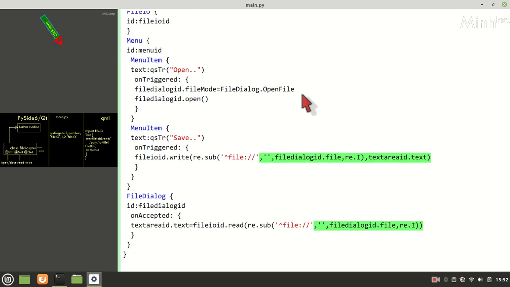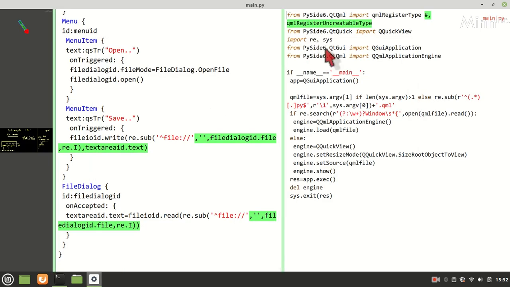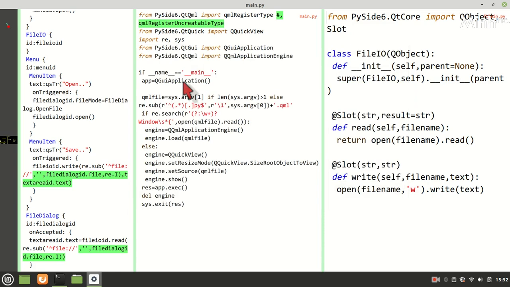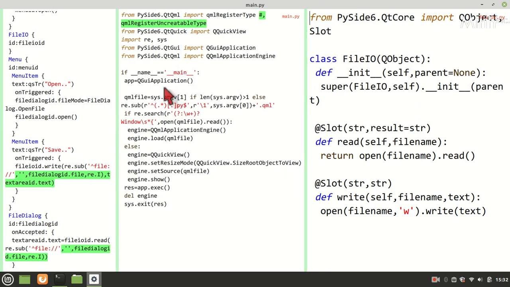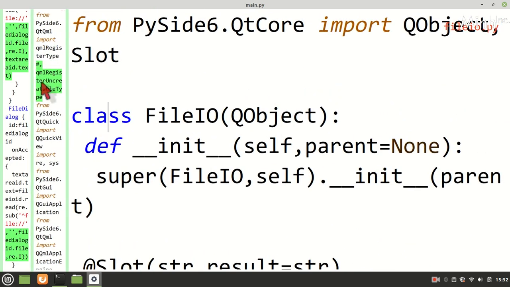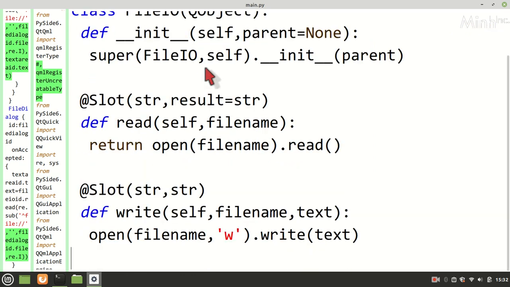So let's try our luck. This is one we developed, another one we developed as main.py, and we developed file.py. Here we have the file IO class, and it has two functions, read and write. So simple.